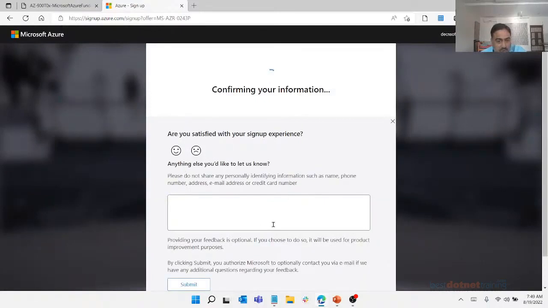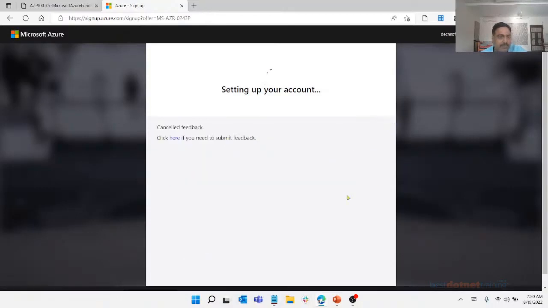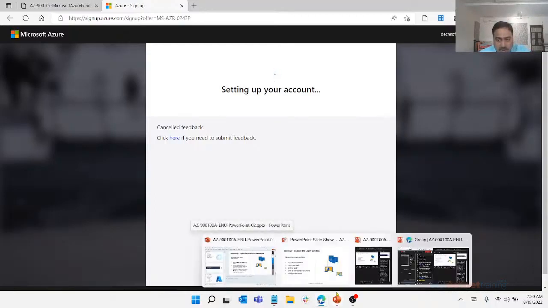And don't even try to give your feedback. Just stay, it's okay. Many times I have seen people trying to give feedback and they mess up. I closed it. Now let it go on in the background. After this is completed, it will automatically redirect me to Azure portal. And in the meantime, we can continue with our session.